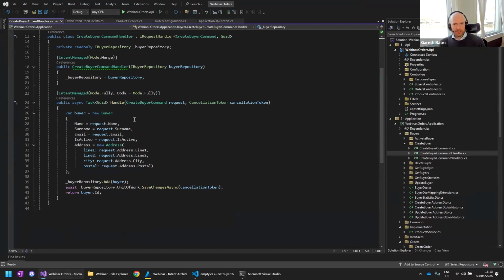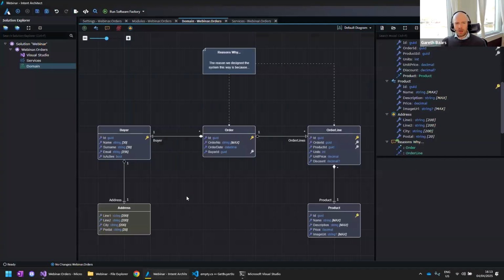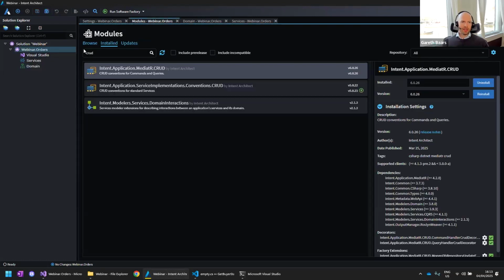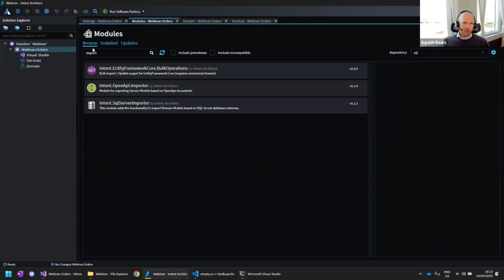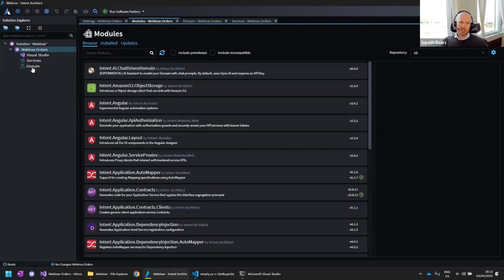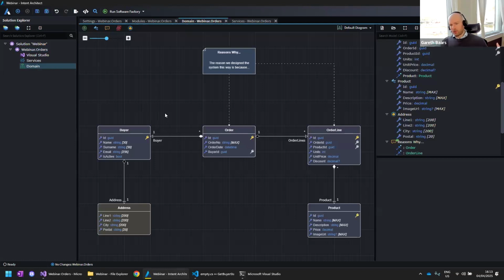The other questions that we oftentimes get is, if I have an existing database, can I import that database into Intent Architect? The answer is yes, absolutely. We have modules inside of Intent Architect for doing all kinds of imports. And so you can import SQL Server, OpenAPI documents, and all those kinds of things. You can even import from code bases and so on and so forth. So if you're trying to plug Intent Architect into an existing system or doing a rewrite, for example, you can import all of those designs directly into the system.